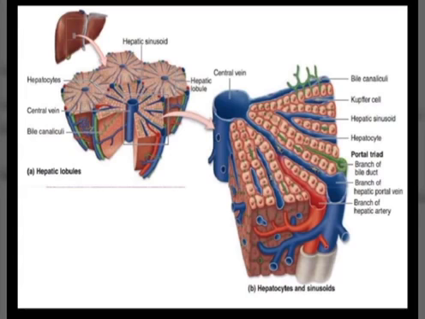So the flow of the blood is centripetal. You can see the blood is flowing from the periphery towards the center, while the flow of the bile is reverse as compared to the blood. The bile is flowing from the center towards the periphery, that is centrifugal. You can see these green colored areas, these are the bile canaliculi. The bile flows in narrow channels called bile canaliculi, which are located between the adjacent hepatocytes.